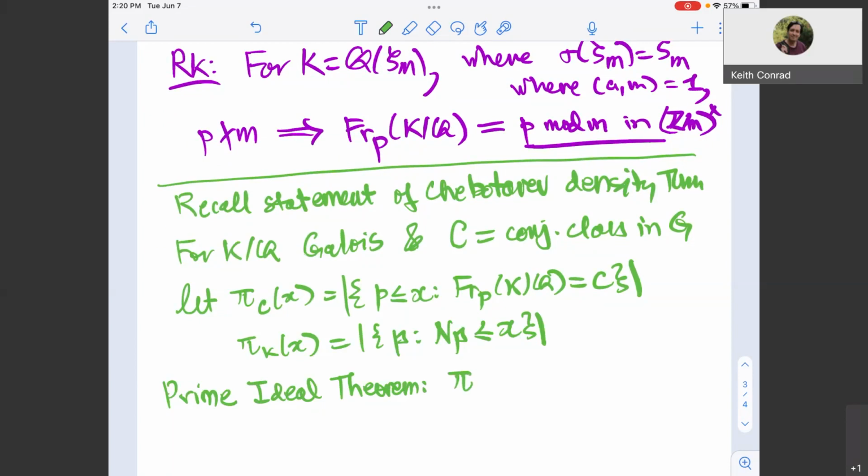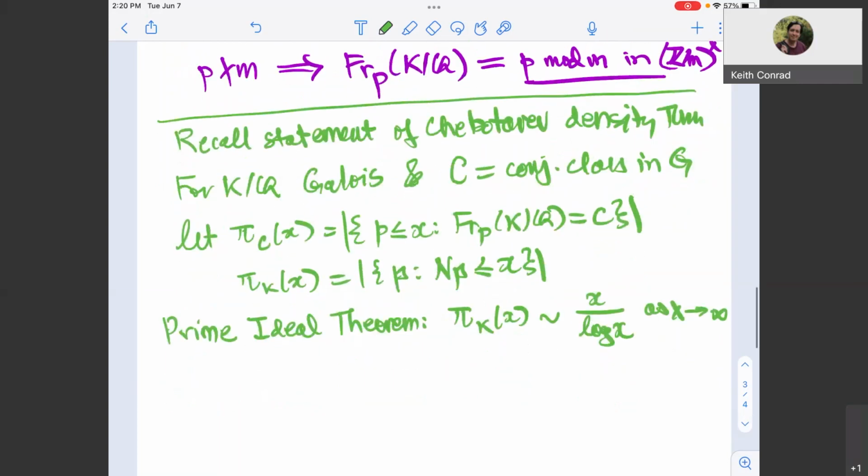So anybody remember that? What's the statement of the prime number theorem? Yeah. x over natural log of x. So for the prime ideal theorem, you might think maybe it'll look like that, but it'll have some funny constants. No, it's exactly the same asymptotic statement. The number of prime ideals of norm up to x grows like x over natural log of x. The ratio goes to 1. It's exactly the same expression asymptotically, and the Chebotarev density theorem